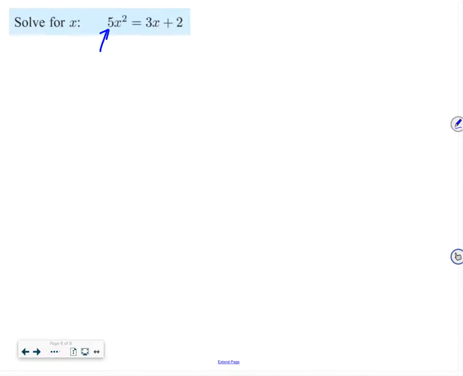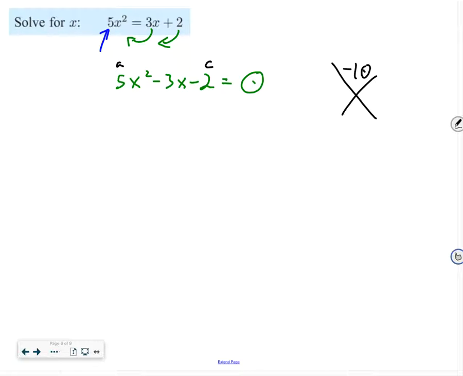Okay, it's already positive, so I'm going to keep things on the left side. I'm going to go ahead and move these two terms over to the other side by subtraction. So I'm going to get 5x squared minus 3x minus 2 is equal to 0. Okay, employing my diamond method, my a value times my c value is negative 10, and my b value is negative 3. So the two numbers that multiply together to be negative 10 and add to negative 3 are negative 5 and 2. So I rewrite my middle term,